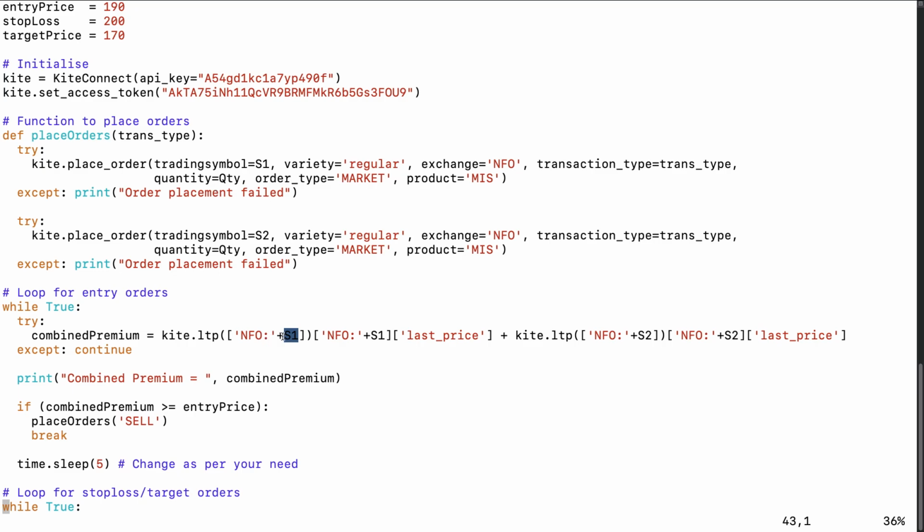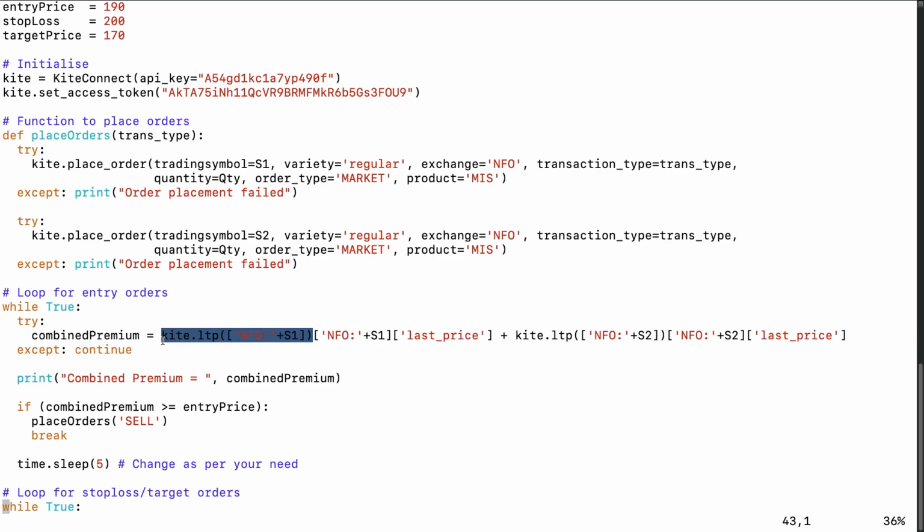Okay. And because this is an option, we have to just mention NFO. Had it been any stock, you would have mentioned either NSE or BSE. So here what I'm saying is NFO colon and the symbol. I'm just concatenating the entire thing as NFO colon and the symbol name.